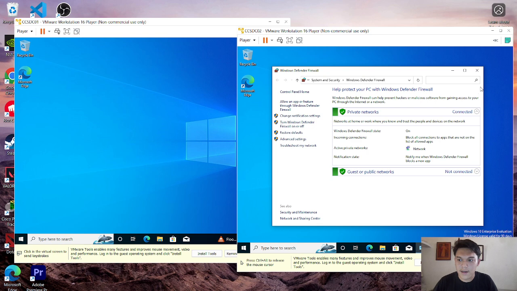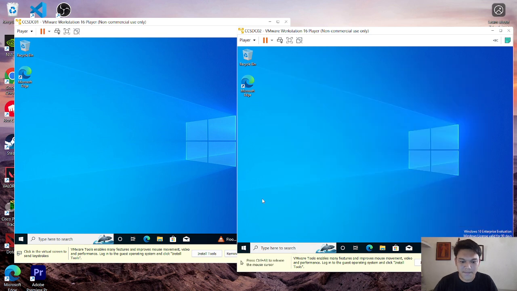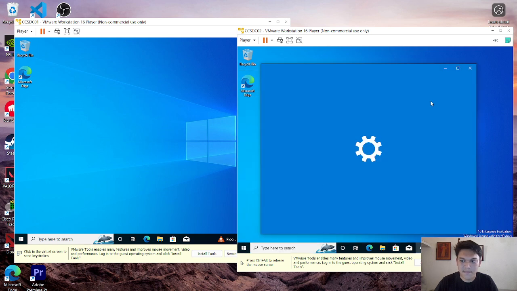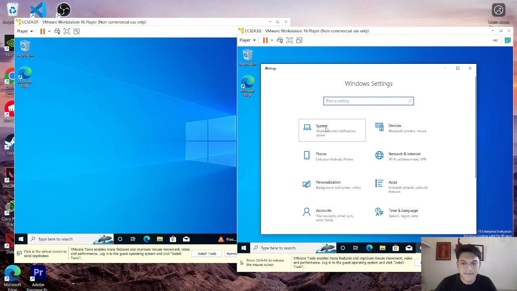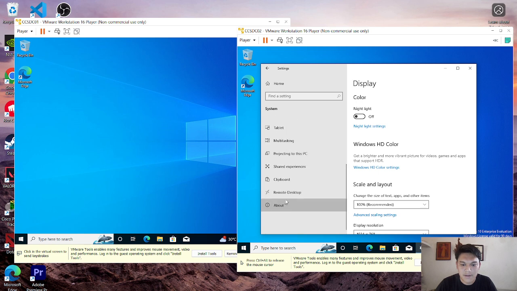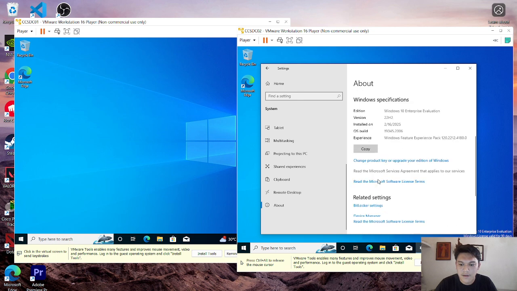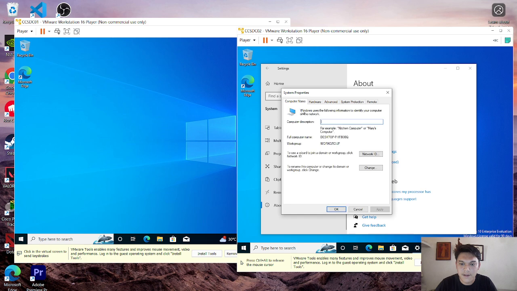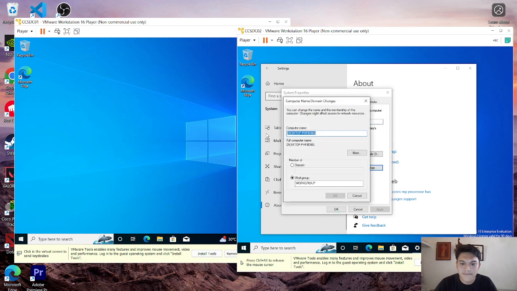Let's go for changing the name of the computer. Settings, system, about, advanced system settings, computer name, change, CCSDC02. So workgroup CCS.